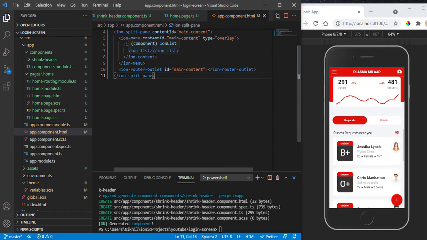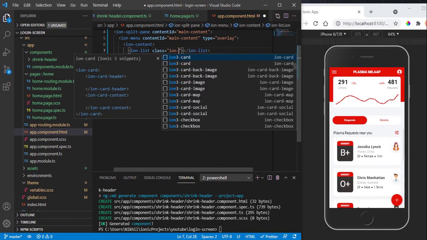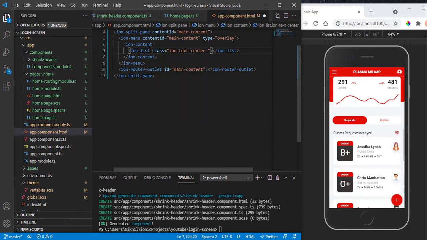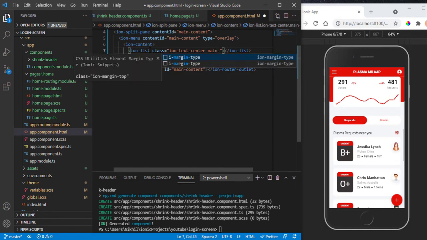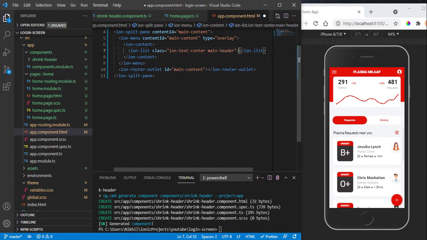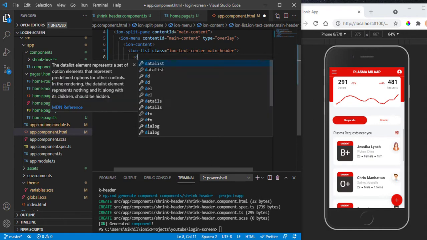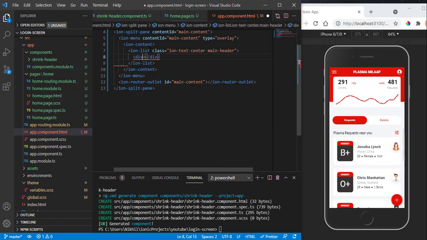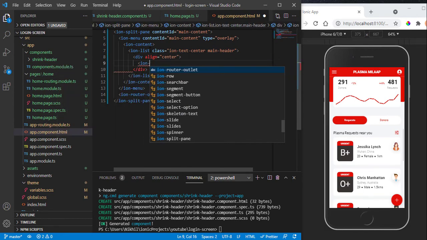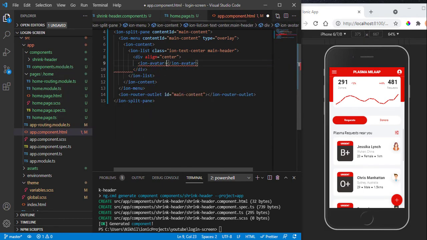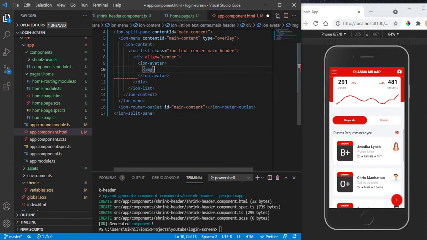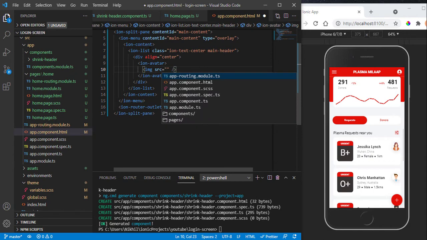So let's do it. Now in the ion list, I'll pass a class of ion-text-center because I want to center all of it. And also I'll pass the main-header class because this is my main header where I'm going to design all the things. Within this ion list, I will have a div which I'll align to center, and within that I will have an ion-avatar. I'll pass an ion-avatar because I want the image to be round shaped, and then within that I'm going to pass the src to be